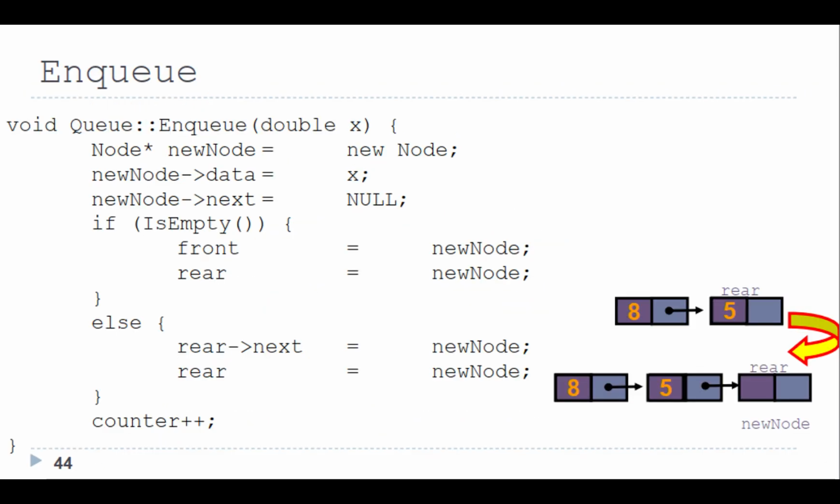Enqueue. void Queue::enqueue(double x) { Node *newNode = new Node; newNode->data = x; newNode->next = NULL; if (isEmpty()) { front = newNode; rear = newNode; } else { rear->next = newNode; rear = newNode; } counter++; }